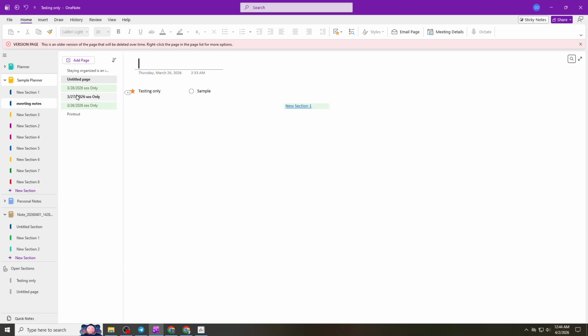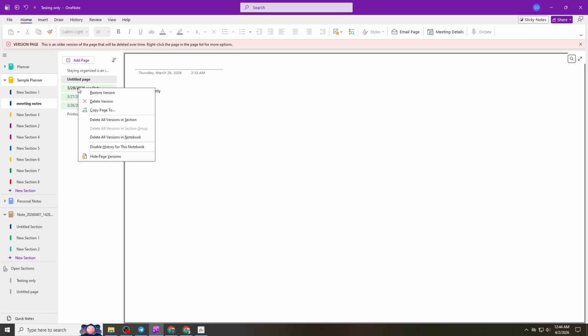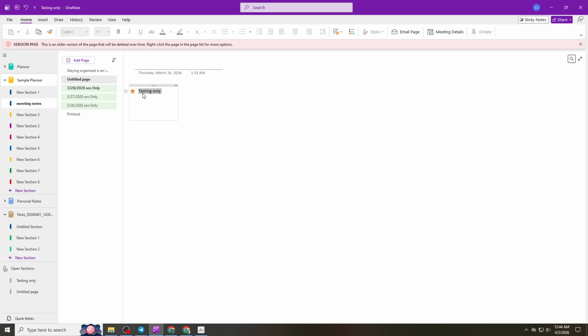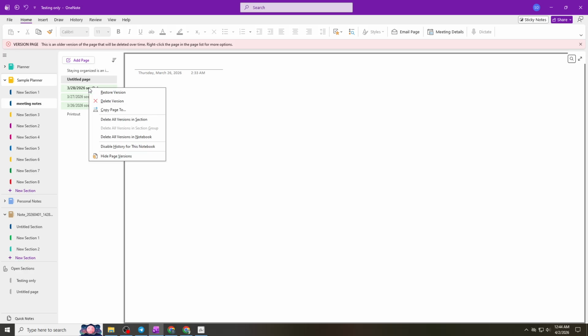If you decide this is the correct version, you have a few options. You can copy specific content from the previous version and paste it into your current page, or you can restore the entire page to that version. Restoring the page replaces the current content with the selected previous version, while keeping the history intact in case you